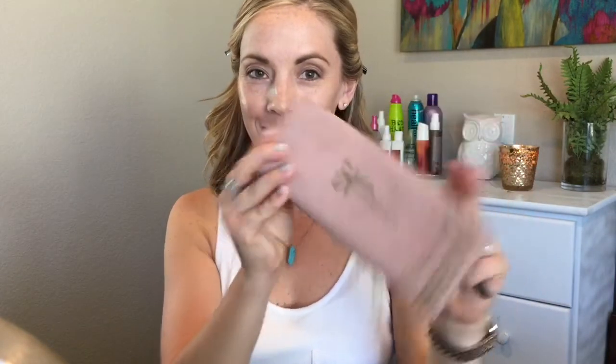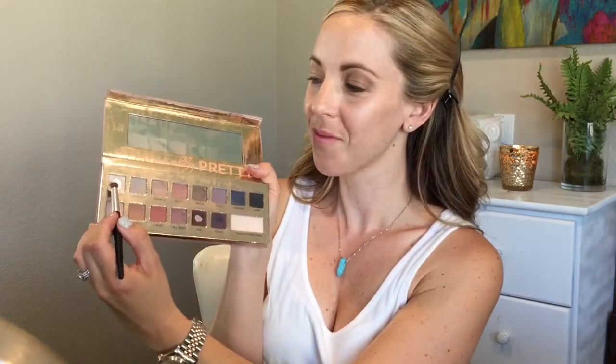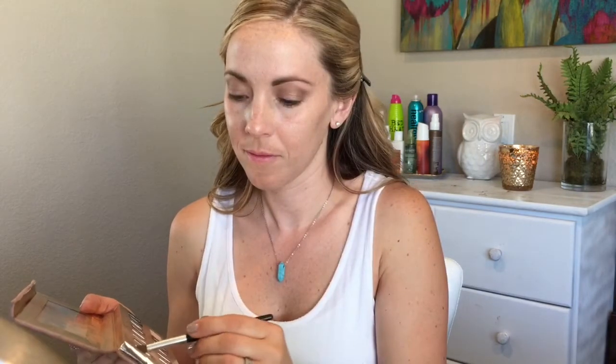Finally, I will finish my shadow look off, and I'm using the IT Cosmetics Naturally Pretty palette, and Sheer Joy is the color. It's kind of like an ivory color, and I'm going to use that just to finish off and contour under my brows. This will give the appearance of a more prominent brow bone than what I've got, and just help my brows to kind of stand out and look lifted, as opposed to having like a droopy eyeshadow or eyelid